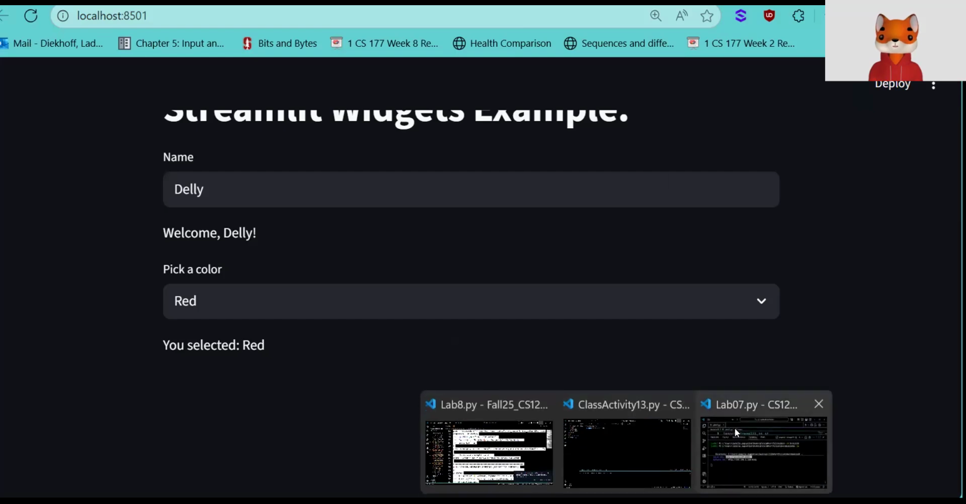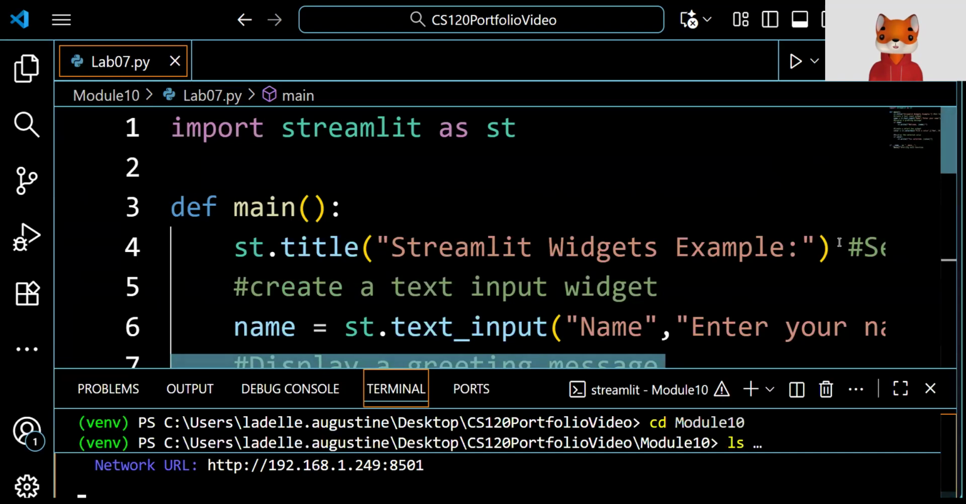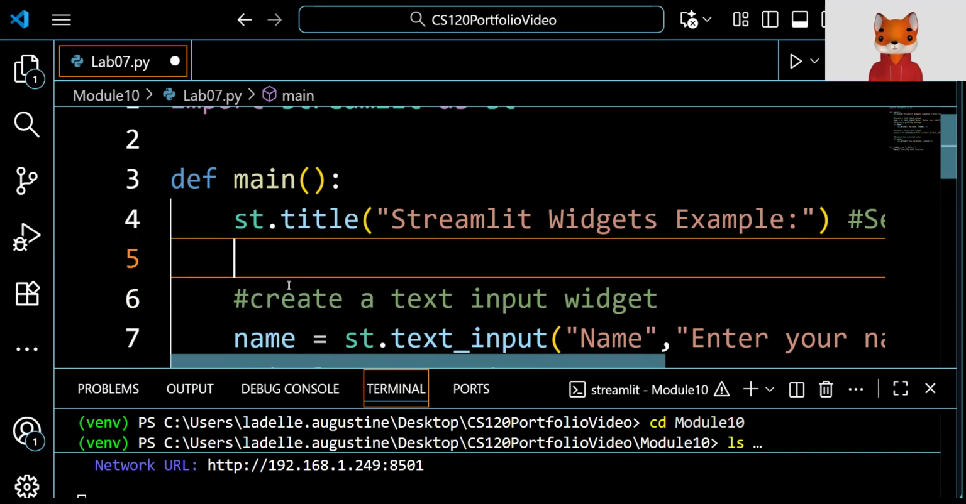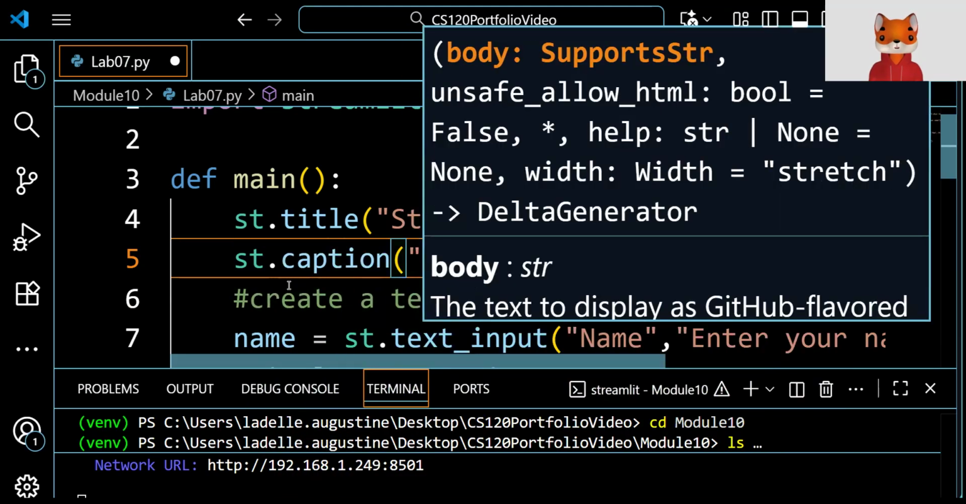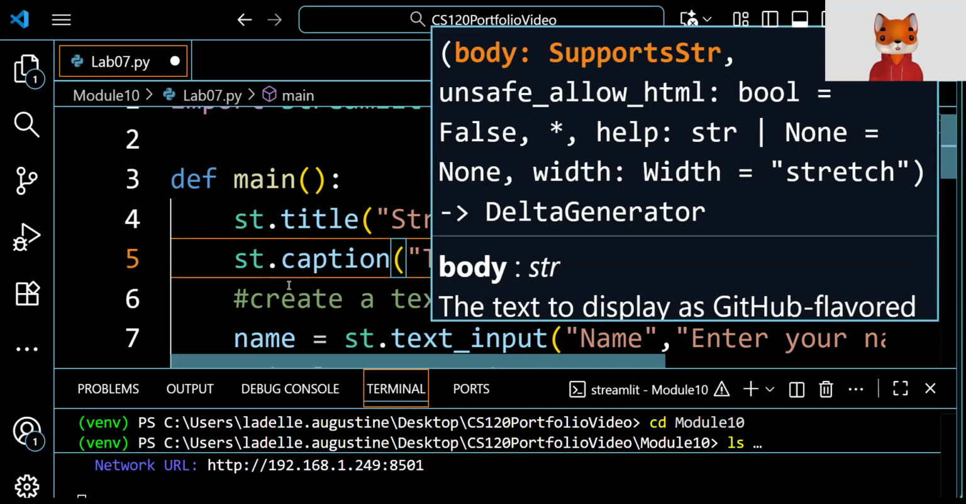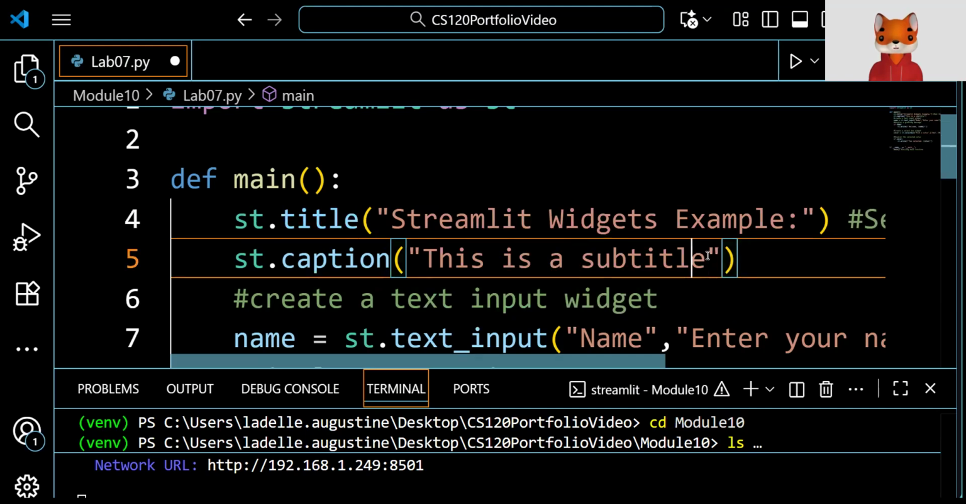So, for example, let me go ahead and just add a caption really quickly inside of here, which is more of like a subtitle. st.caption. And we're just going to say this is a subtitle here. And we're going to save it. And then you'll see when we open this up,